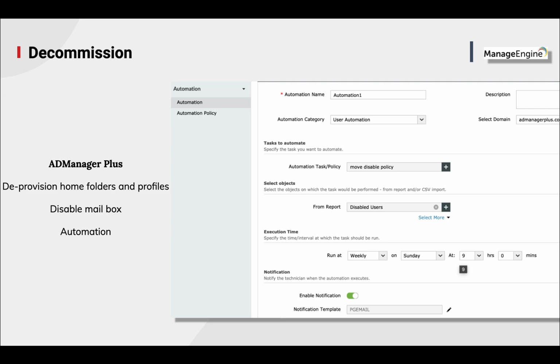You can very well automate that with the help of the AD Manager Plus product, moving disabled users or moving users from one container to another, removing security groups, and seeing who are all the disabled users and accordingly deleting them from the AD infrastructure. All this can be done automated in the AD Manager Plus product.